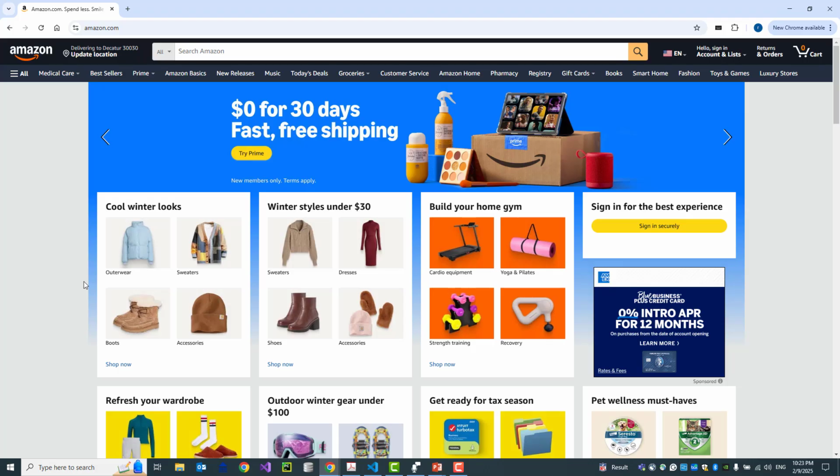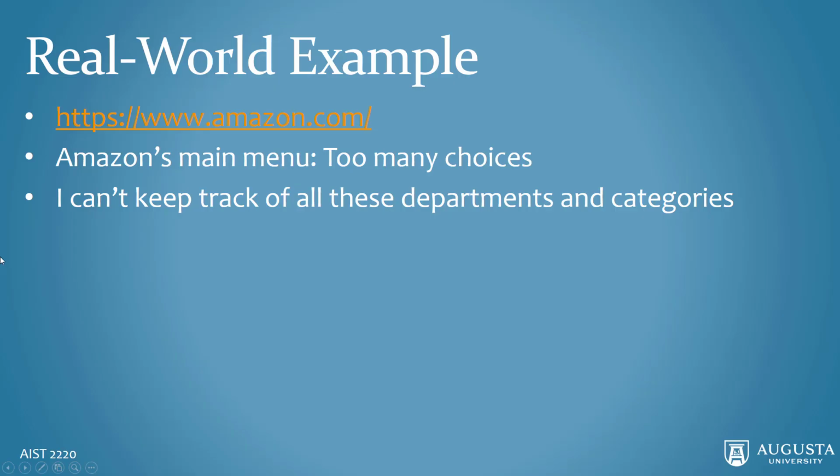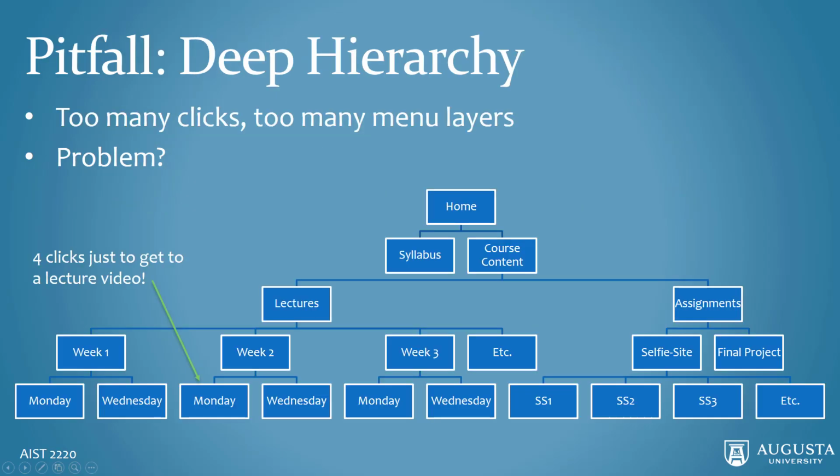This example highlights why proper site organization and navigation design are so important. If a site becomes too cluttered, users may feel overwhelmed and have a hard time completing tasks efficiently. Although Amazon managed to handle this through search bars and recommendations, for a smaller website, it's crucial to avoid overloading